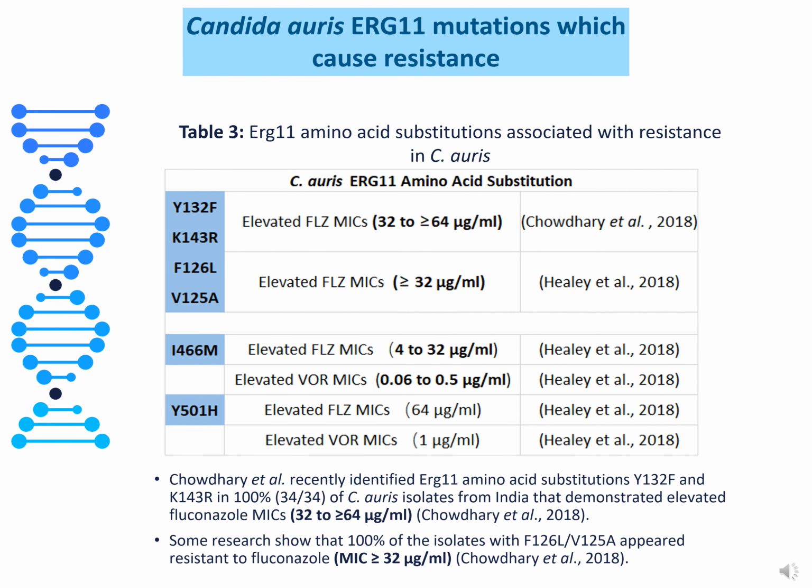Then let's move on to the Candida auris ERG11 mutations which caused the resistance. As mentioned before, the C. auris fluconazole MIC breakpoint is larger than 32 microgram per ml, and compared to the resistance reports, this can help us to make the table of the resistance-associated substitutions. However, this table is not finished yet, and I will spend the next few weeks collecting data and completing the resistance profile of ERG11 mutations which caused resistance in non-albicans Candida species.